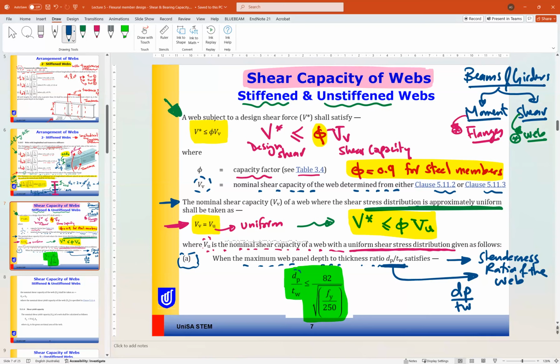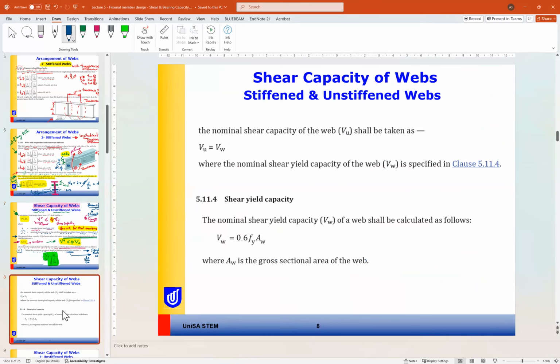If the slenderness ratio of the web is less than this value, the shear capacity VU, for uniform stress, will equal VW, where VW is the nominal shear yield capacity of the web specified according to clause 5.11.2. So VW actually is the maximum shear